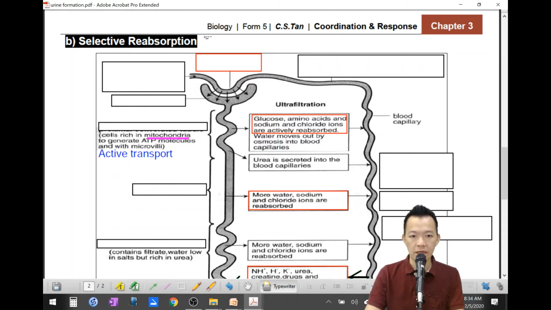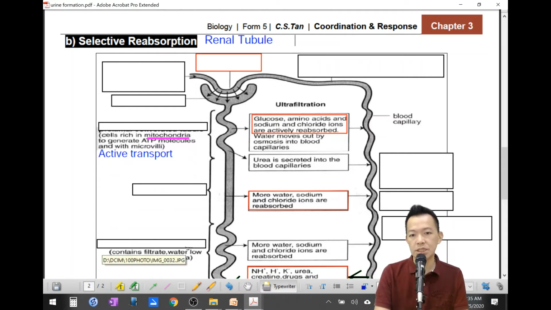You can copy it here, write it down slowly, it's better than scolding me later when you don't understand. Reabsorb the useful substances from the renal tubules to where? To the blood capillary, back to our body, go back to the blood